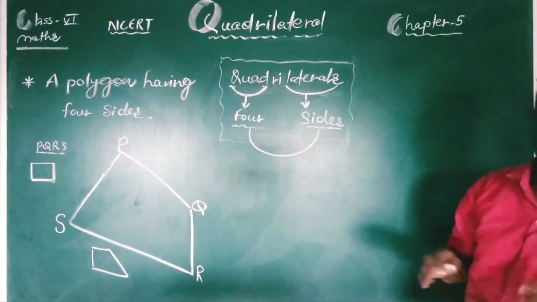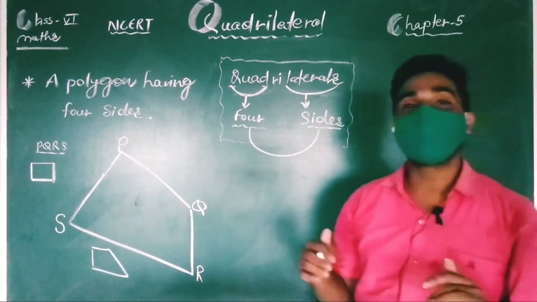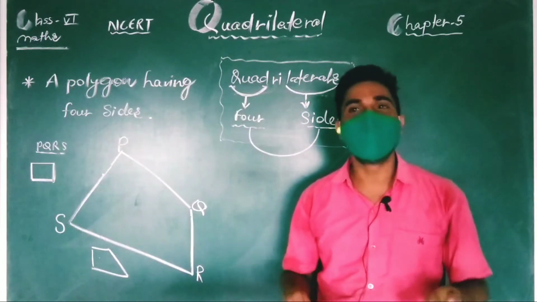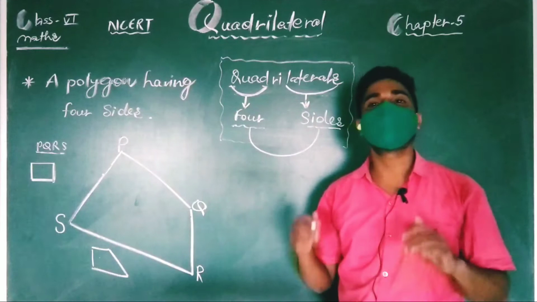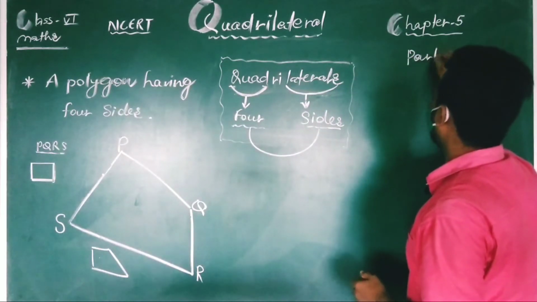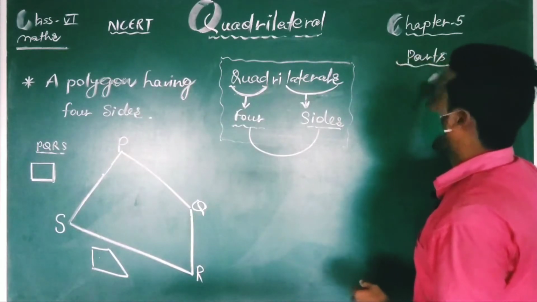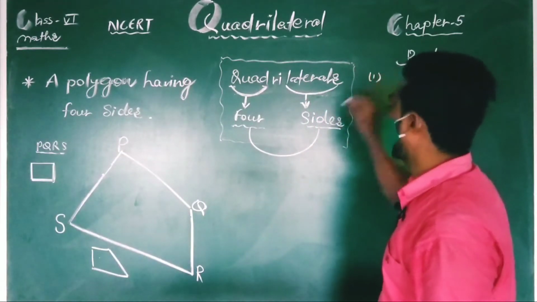Now let's talk about the parts. In the triangle we discussed the parts and then the classification of the triangle. Here also we will discuss the types of quadrilateral, and the parts. The parts, or elements, you can say: the first part is the 4 sides used to make it.